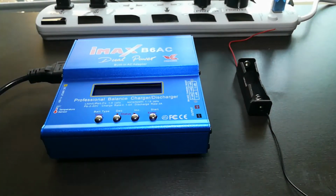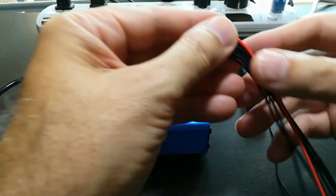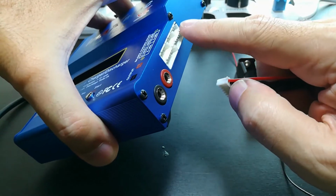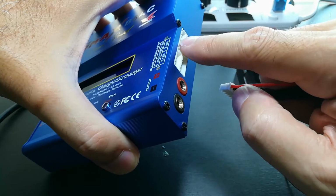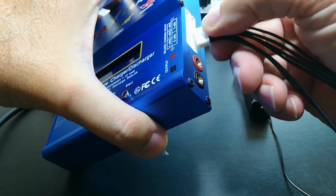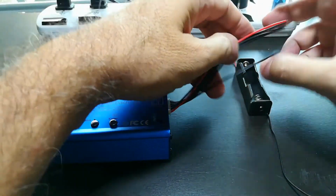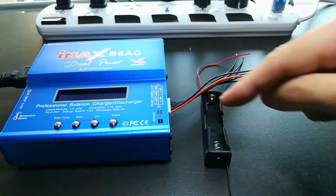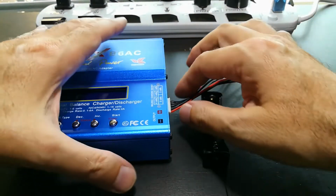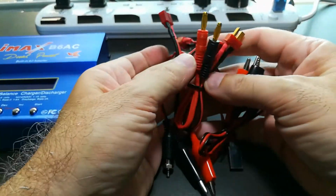And the way that works is you use one of these, and I bought a whole box full of these things, this special connector with the wire, and the connector plugs in the side. It can take 2, 3, 4, 5, and 6 cell packs at a time and do its magic. So I would wire up the 6 packs or the 6 cells into this thing and then let it do its thing. Now, this unit comes with a number of different kinds of connectors, and these are all designed for the